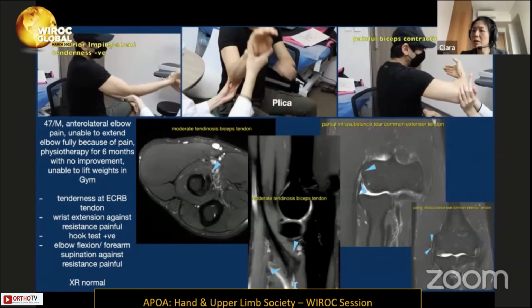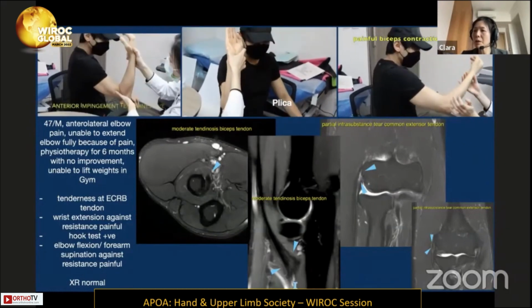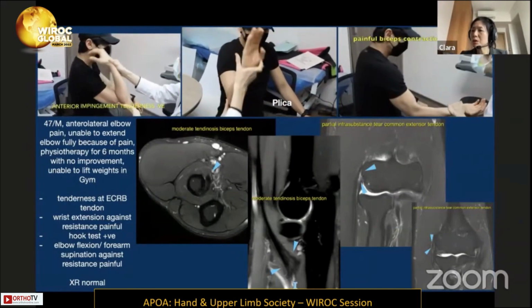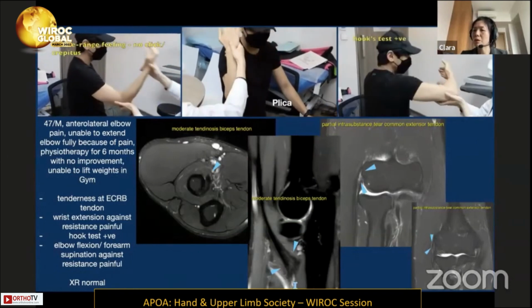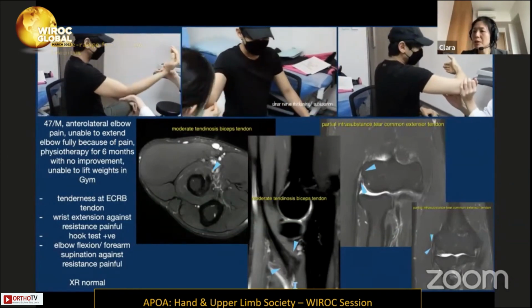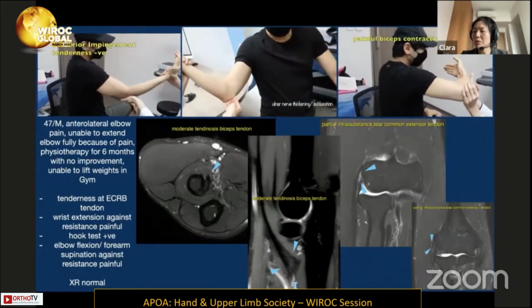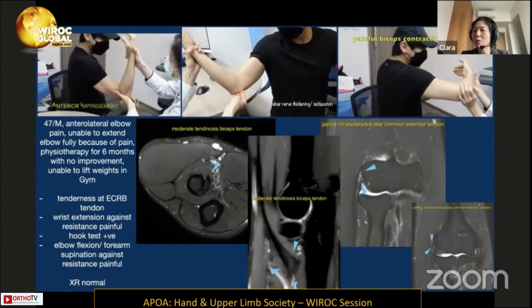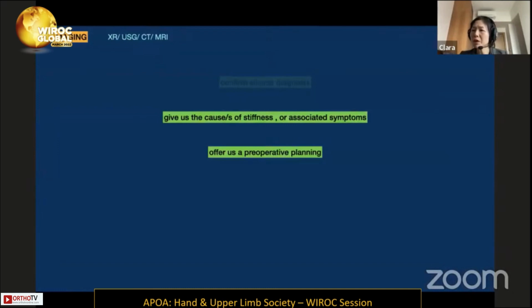However, the MRI clearly showed that the patient had distal biceps tendinosis and also a partial tear of the common extensor tendon. So that means further imaging confirms our diagnosis and that we know how to treat the patient despite the clinical signs not being obvious. Imaging is also helpful to give us the causes of the stiffness or associated symptoms and also offers us preoperative planning,